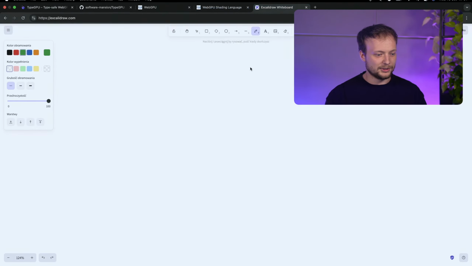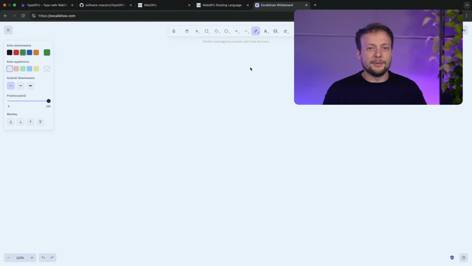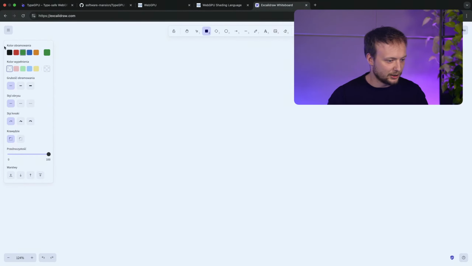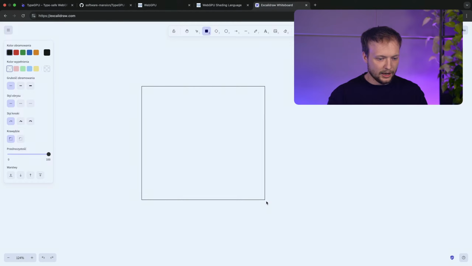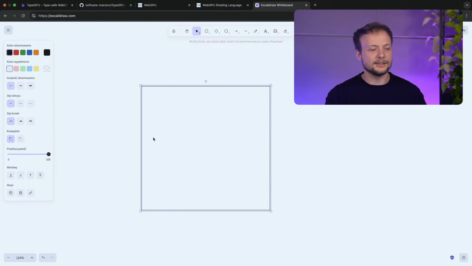What are we going to do today? As advertised, we're going to be implementing liquid glass effect using shaders written in TypeScript on the web. So let's go over our plan. What is the end goal? Let's draw a nice rectangle. We'll be creating a canvas, loading an image on it,